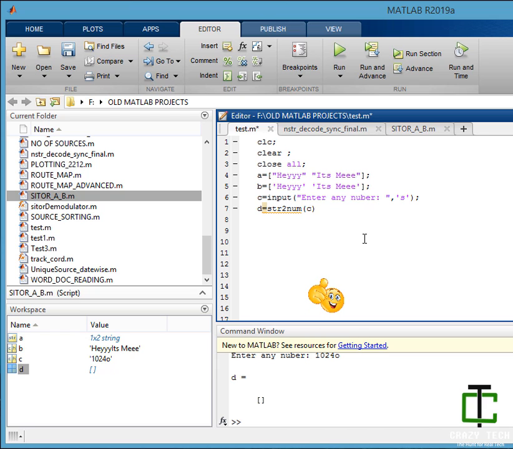So I would suggest you write like this: if length of D is equal to 0, display 'enter a valid number', else end.